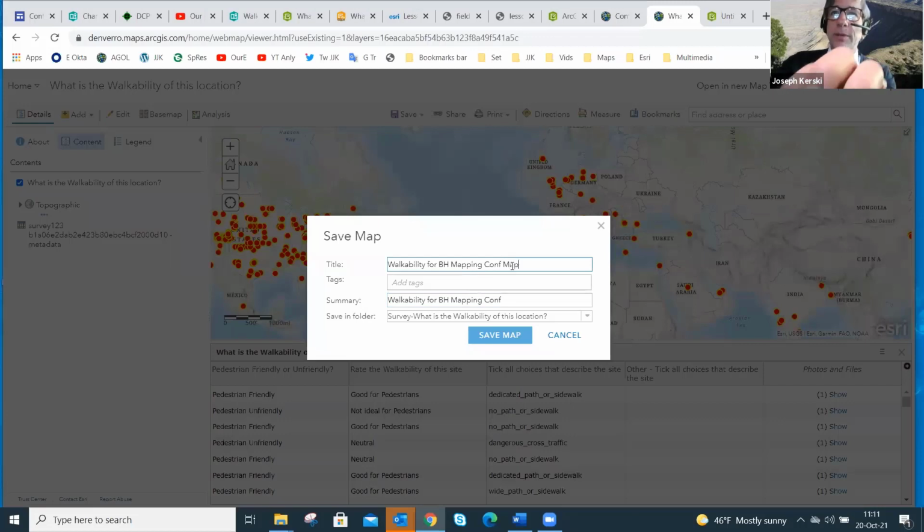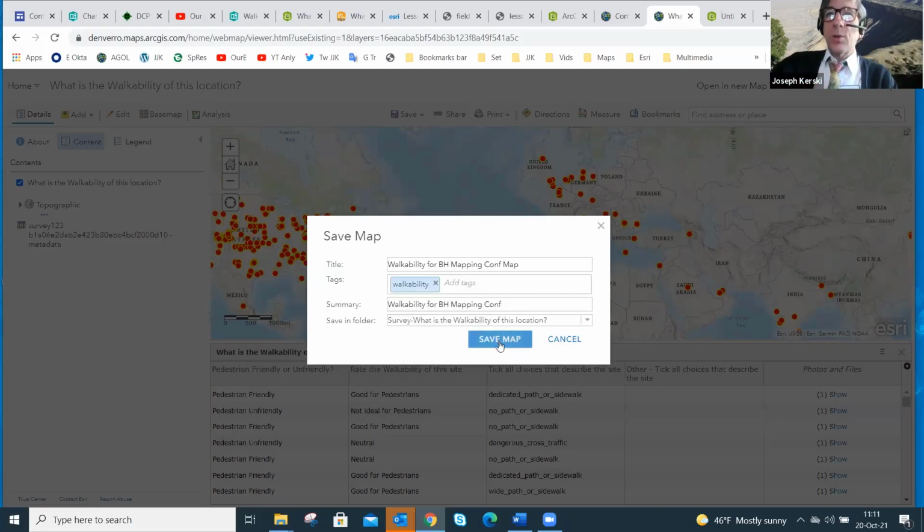And I know this is a little bit redundant, but I actually put what the thing is in the title. Even though in ArcGIS Online, when you use that content view, you see the kinds of elements that are in there: story map, dashboard, survey, feature service, or feature class, etc. You see that in there, but I tend to overdo it and put the map or dashboard in the title. And I can take it out later if I want to.